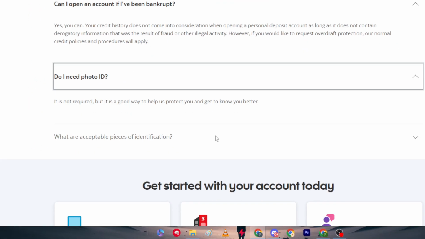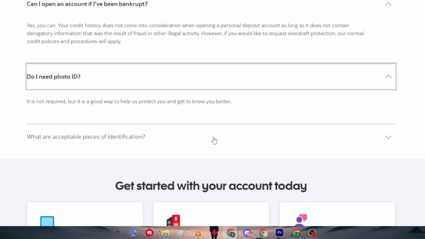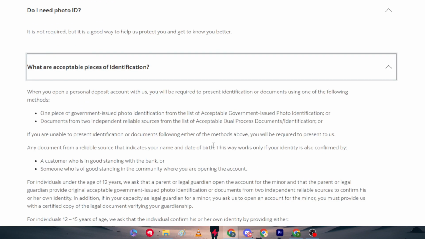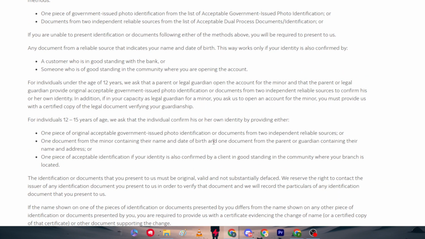Do you need a photo of ID? It's not required, but it is a good way to help them protect you and get to know you better. What are the acceptable pieces of identification? Well, here they are. So in order to actually identify yourself, you will need, when you open a personal deposit